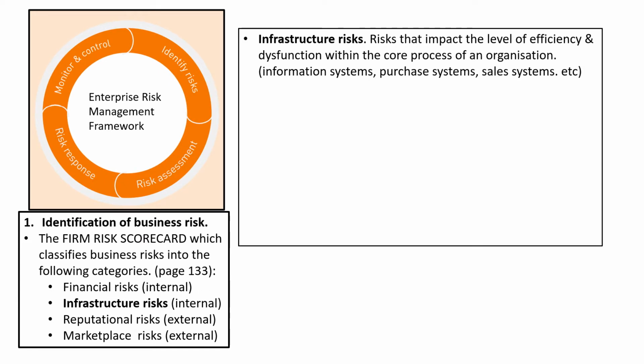The next classification of risk that we're going to look at is infrastructure risk, which is also sometimes regarded as operational risk. Risk that impacts the level of efficiency and dysfunction within the core processes of an organization. For example, information systems, purchase systems, sales systems, wages systems, etc. Examples of infrastructure risk are supply chain disruptions, natural disasters, for example flooding,